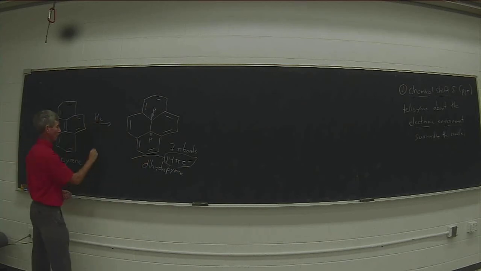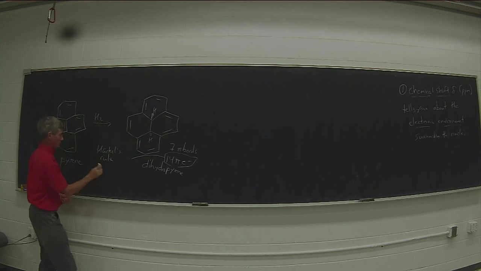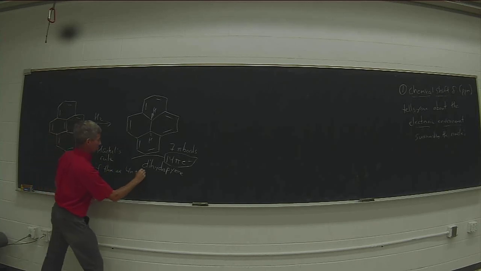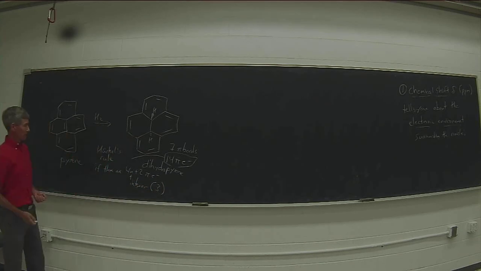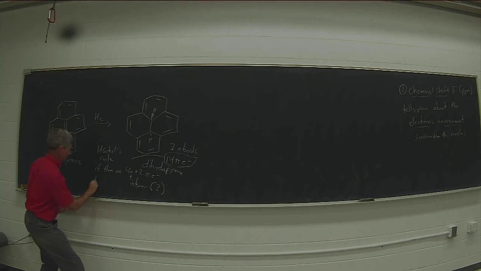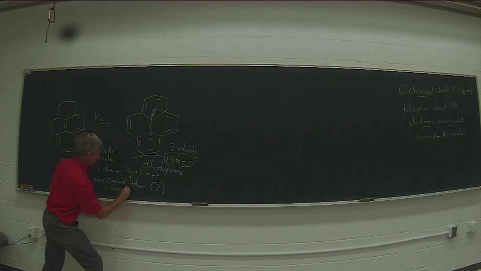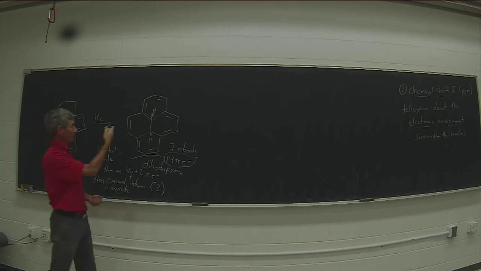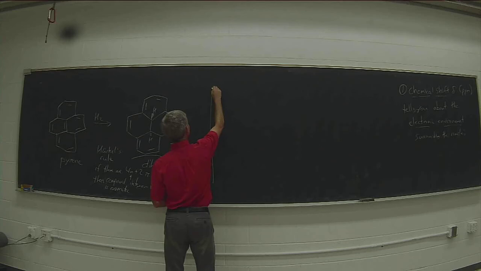And that follows what's called Hückel's rule, which says that if there are 4n plus 2 pi electrons, where n is an integer, in this case 3, then the compound will be aromatic. Because we have an uninterrupted ring of sp2 hybridized carbons, electrons can flow around the ring,